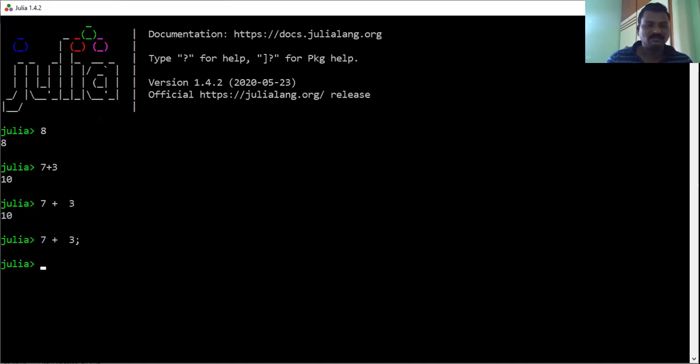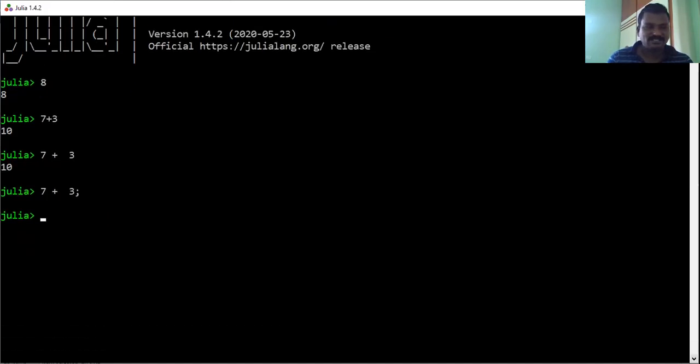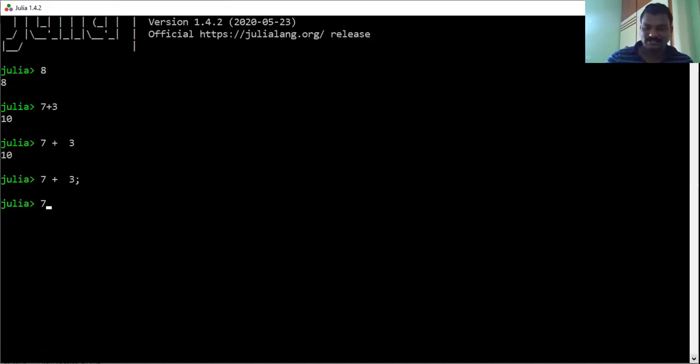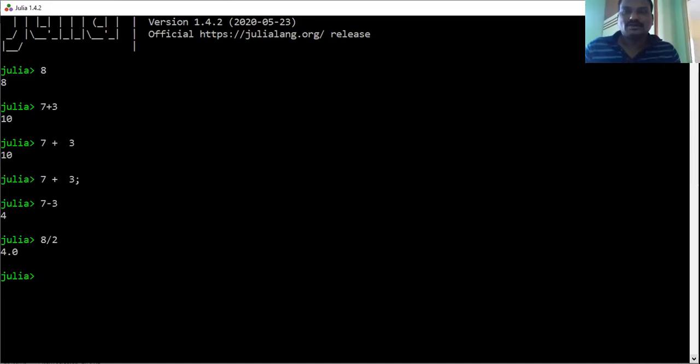Similarly 7 minus 3, that means you can perform different arithmetic operations. 7 minus 3 produces a result of 4. And 7 divided by 2 produces a float number, the float format of the number.